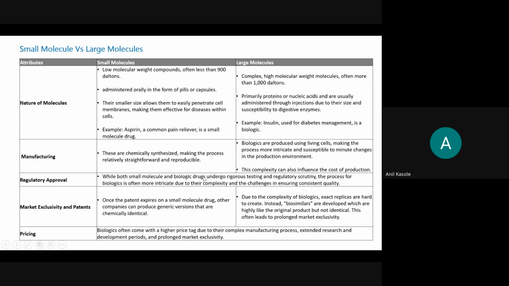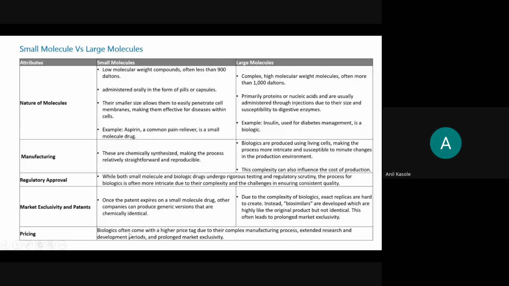in making the final quality of the product, in other words. So again, from the regulatory side, both are the same. Every small molecule and large molecule always needs to go through all compliance, regulatory approvals, change management, documentation management, data integrity, everything; they are the same. And about the market, once the patent expires on a small molecule drug, other companies can also produce a generic version. That means once you make a product and its patent expires, you can use that patent to produce the generic product.